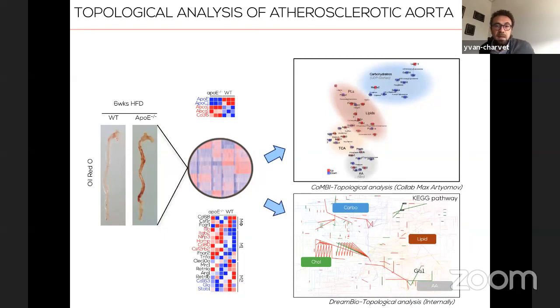So this is basically a kind of result we obtain. We looked at the RNA-seq from an ApoE knockout aorta compared to a control after 6 weeks of a high-fat diet. As you expect, you will see a change in carbohydrates. I should have discussed the sugar at the beginning of this presentation. You also see changes in lipids. But what was very interesting for us is this module, which contains all these different amino acids, and especially we found the glutamine module with GLS1 being upregulated in both visualizations.